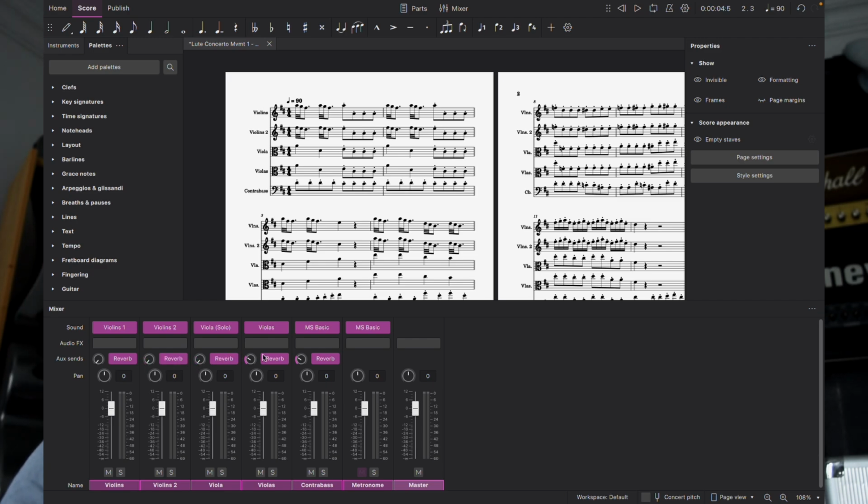Dear score programs, I don't need reverb. If I wanted reverb, I'd put reverb on. Okay, I get it, it makes it sound sexier, but